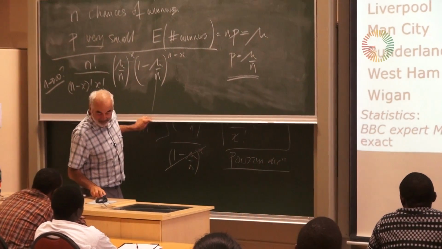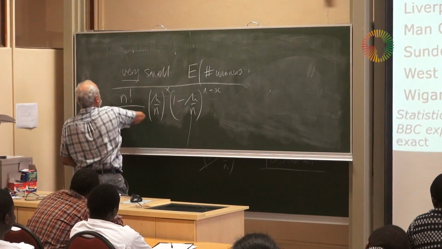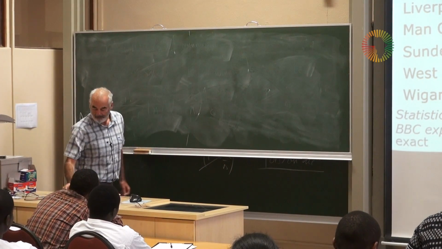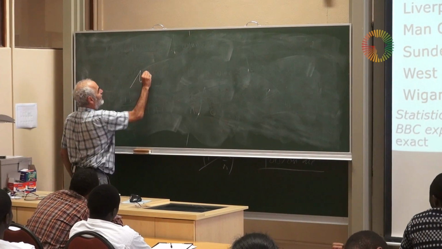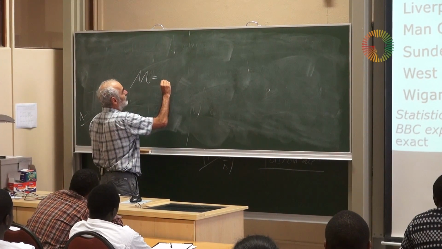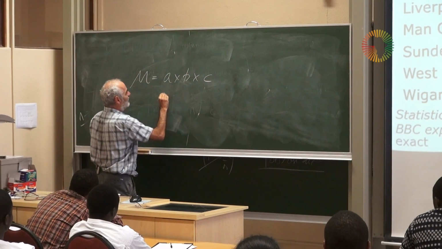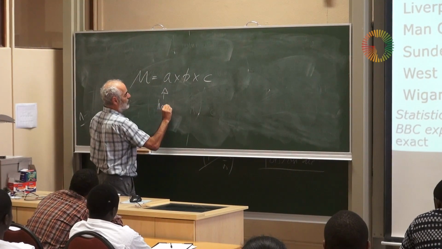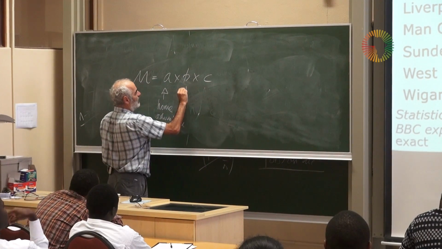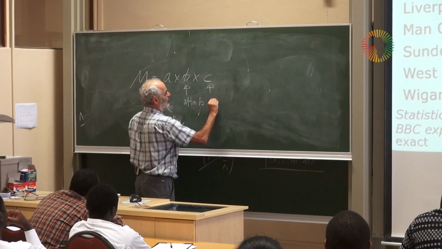Okay, so the mathematics of that is that we produced... If you see what we did, we modeled the expectation for a team as a product of terms. We did a sort of A times B times C, where this was something to do with the home advantage, and this was a measure of the attack, and this was a measure of the defense.